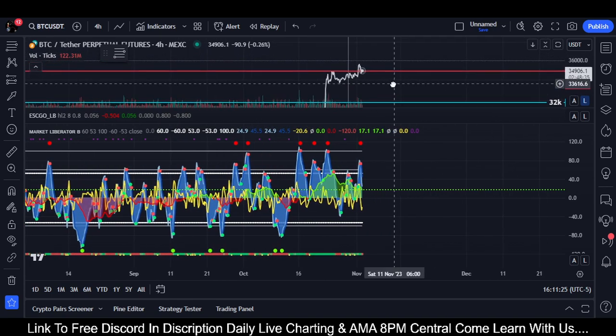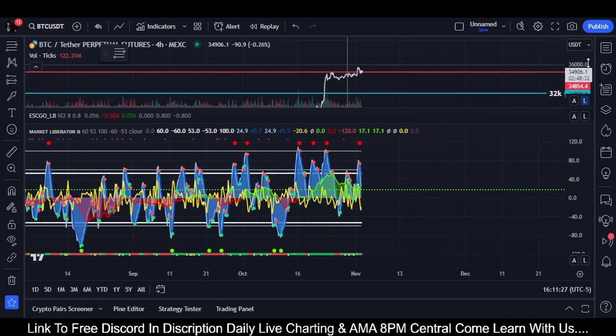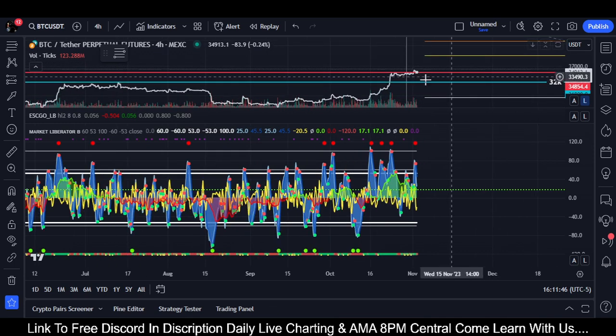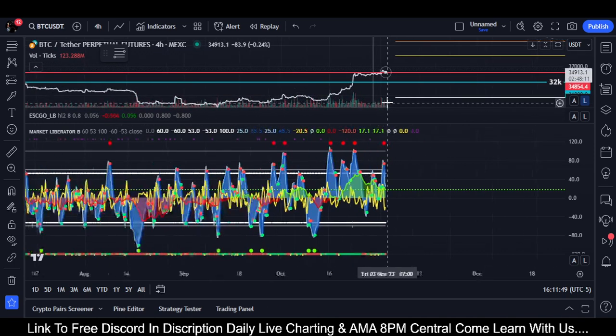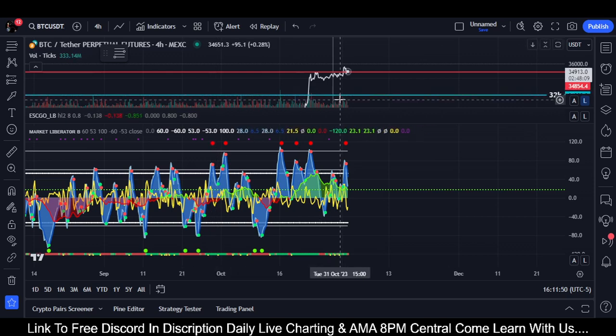I do expect to hit $39,000 to $40,000, maybe even a little farther, 41, 42. But I would also expect at some point in time to see a cool off. And I don't like the idea of longing into massive pumps. The long trade entry was long ago, back down here, or at least a breakout from there,